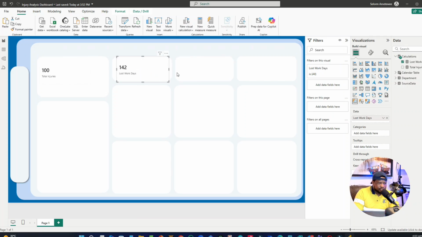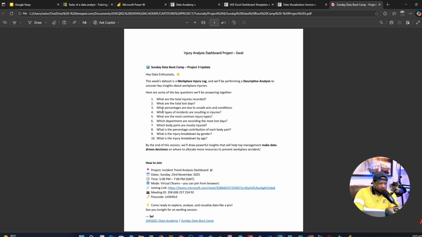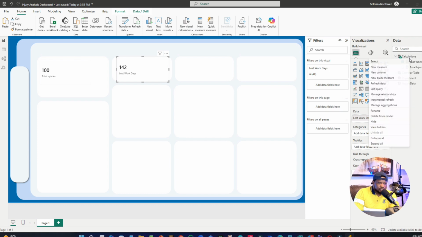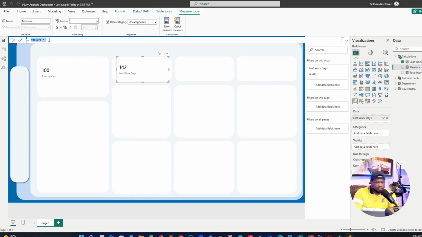And then we're going to calculate the percentage unsafe acts, because that's the next measure we're supposed to be calculating. What percentages are due to unsafe acts and conditions? So we create a new measure and we call it percentage unsafe acts. So we are going to do something interesting here. First and foremost, we are going to calculate,